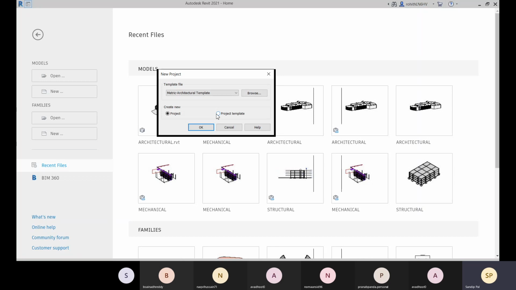Whether the structural team is creating their model, they will use the same template. If the MEP team is going to create their new model file, they will use this template. So you can create your own template file.